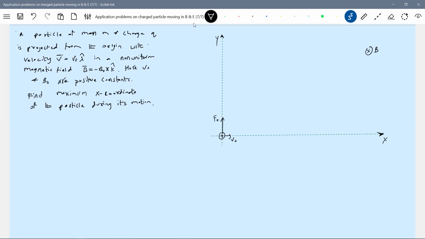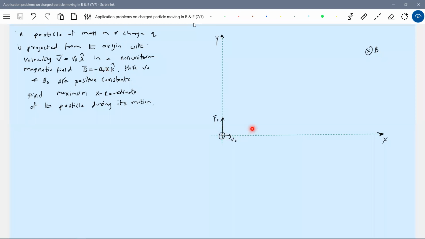For x greater than 0, the particle will start moving, so it will experience a magnetic field. At x equals 0, the field should be 0, so no force. For x greater than 0, in the limit, a non-zero value of x, a very small infinitesimal change in x, will result in a magnetic force, and because of that